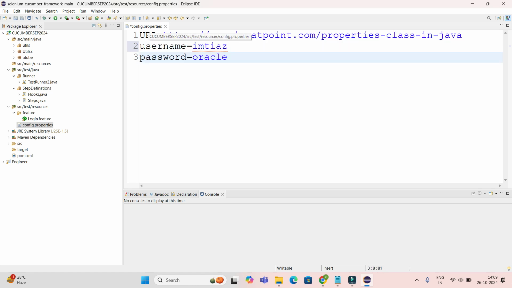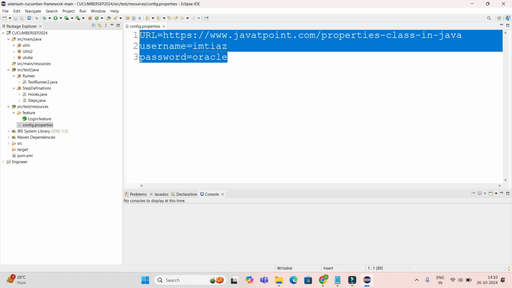If you see here, config.properties, you have to give the extension as properties. Now this is your source, like the property file. As I told, the property file contains the URL, username, password, which is used for your framework, for your application. All the URLs you can put in the config.properties file. Now